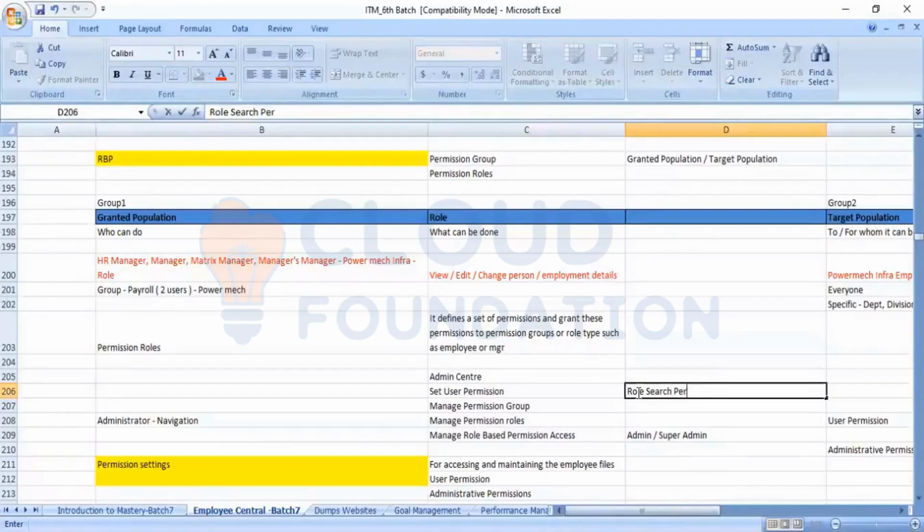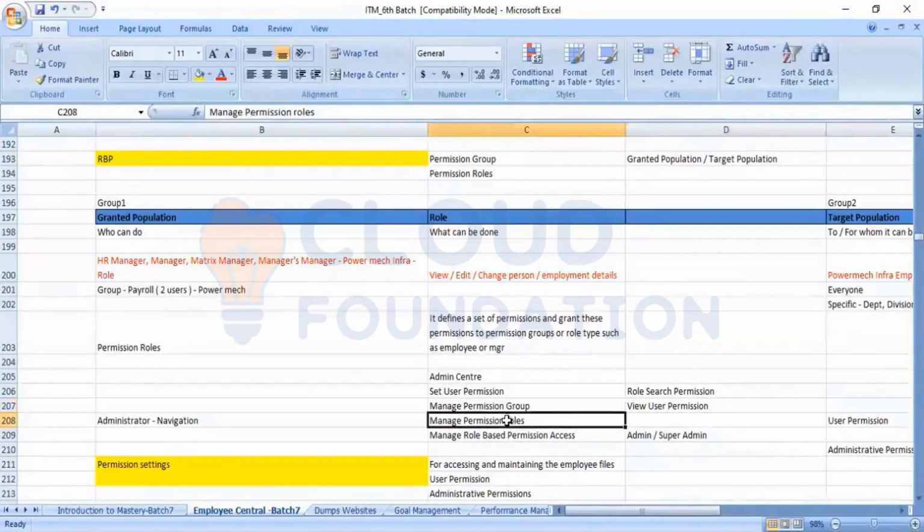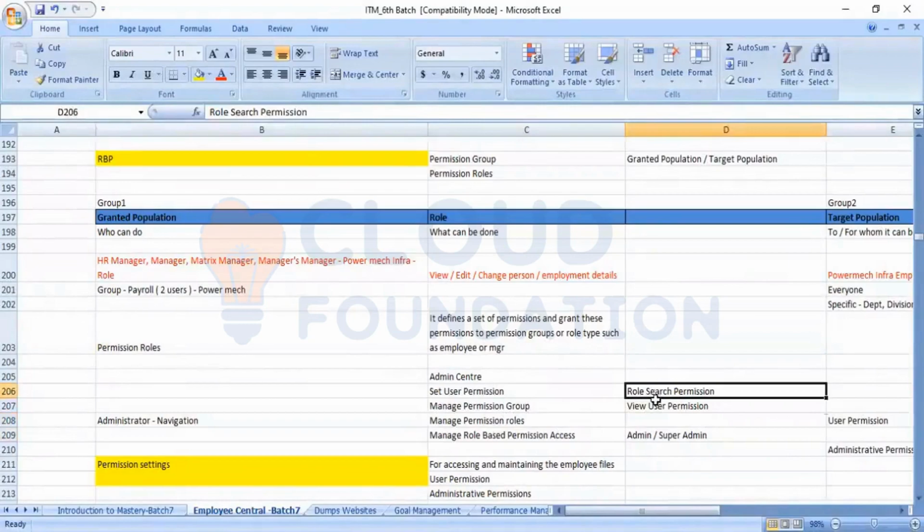Fifth one, I will take New User Permission. Total 5 permission tools. If you are a super admin, mainly you will have 5 permission tools: permission group, permission rule, role-based permission, user role search permission, and new user permission.